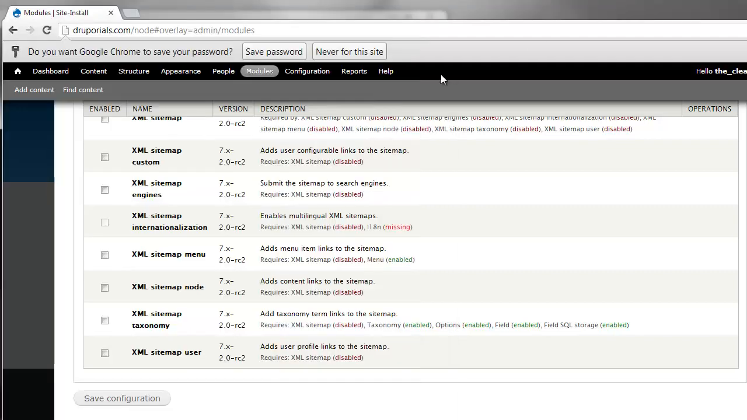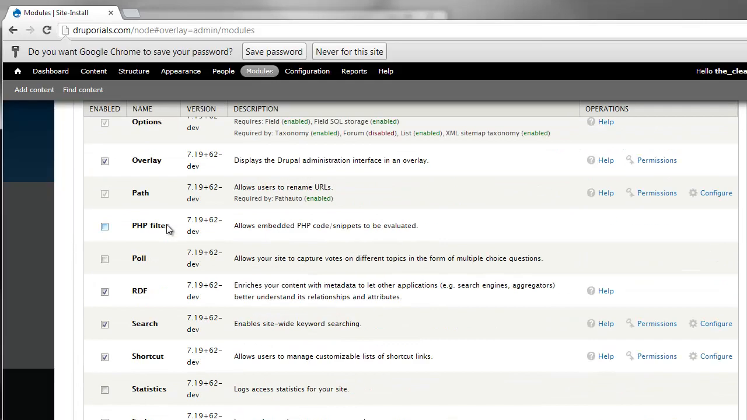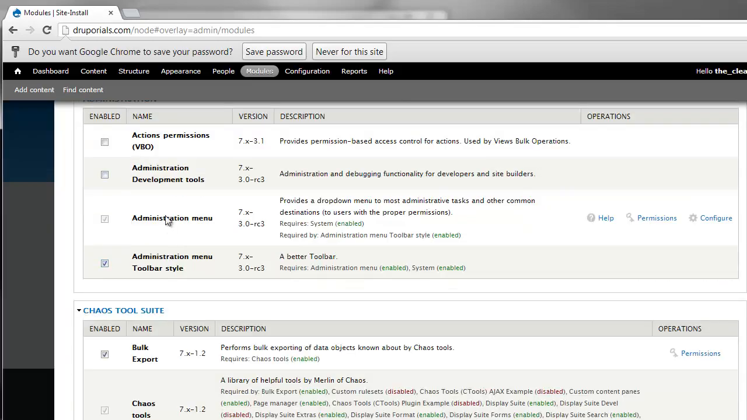Alright, so everything's running and operational. So if I refresh the modules page, you can see that all these modules have been turned on, and